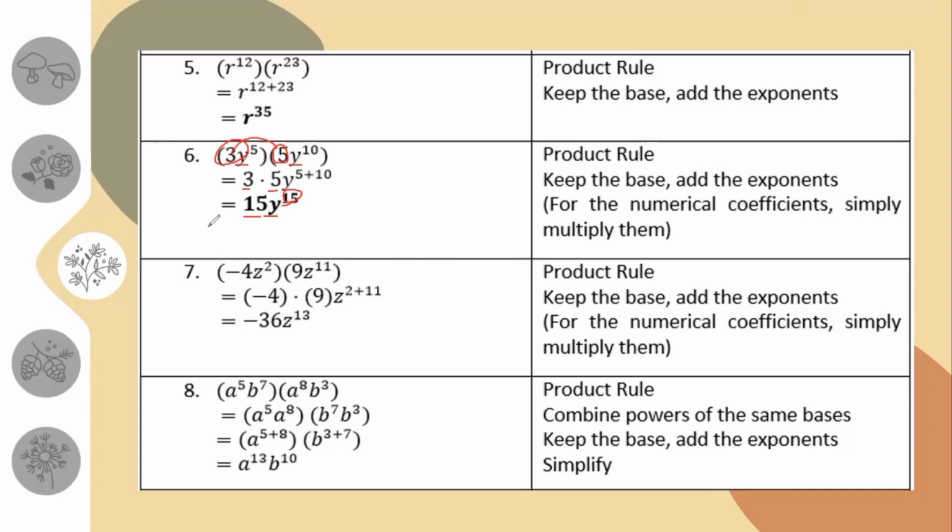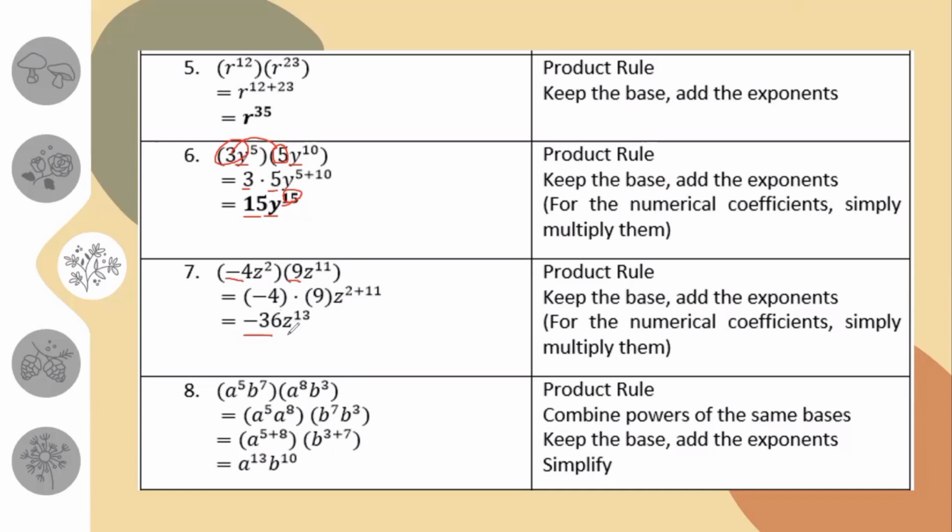Okay, same example. Pareho lang ng number 6 ang number 7. So ang gagawin ulit natin is i-multiply na naman natin ang ating numerical coefficients, which are negative 4 and 9. And negative 4 times 9 will give you negative 36. Remember our rules in multiplying integers. Same signs, the answer is always positive. Different signs, the answer is always negative. So since magkaiba sila ng sign, negative yung isa, positive yung isa, that is why our answer here is negative